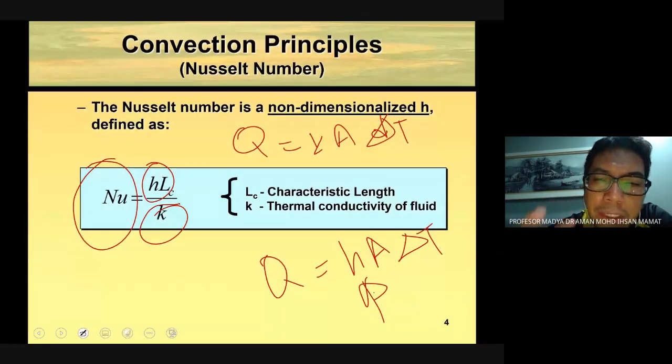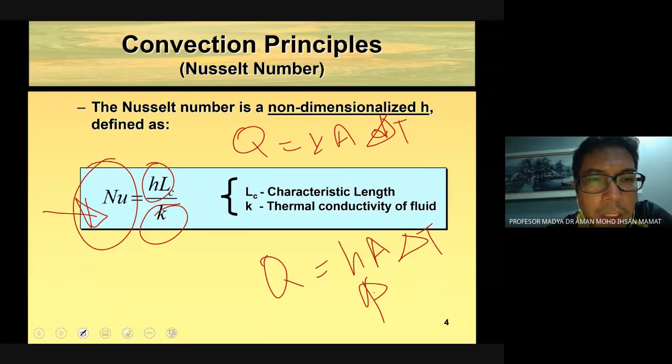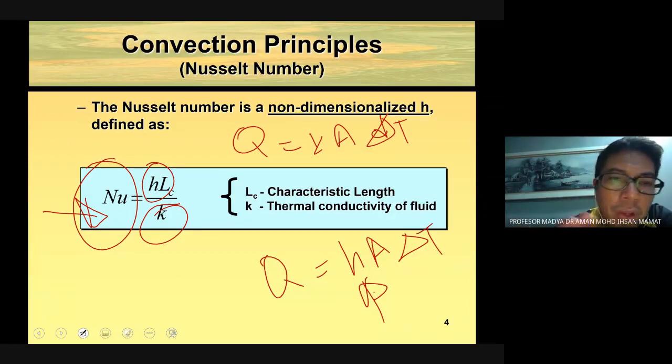Okay, so based on this, what you're going to have is actually the conditions for the Nusselt number. So in this chapter, you're going to see the development of the correlation of this Nusselt number, which is